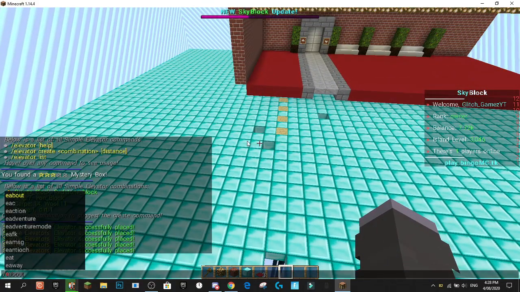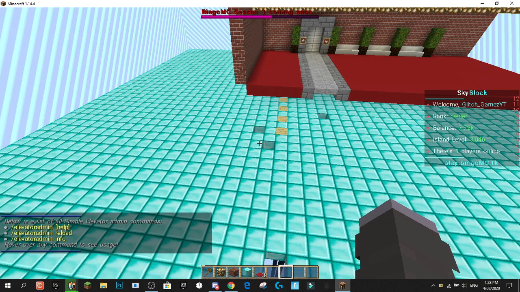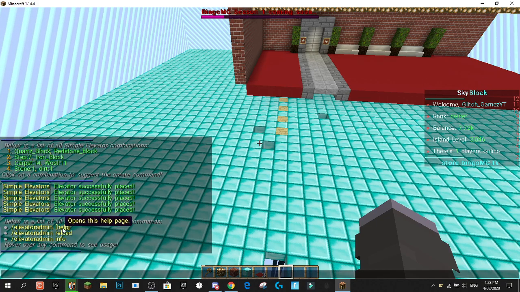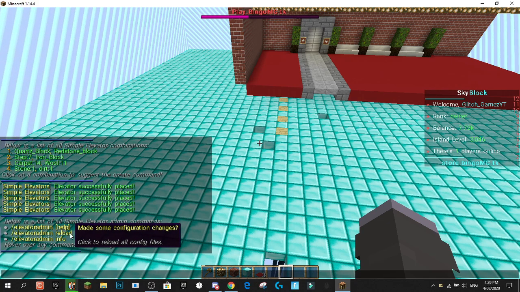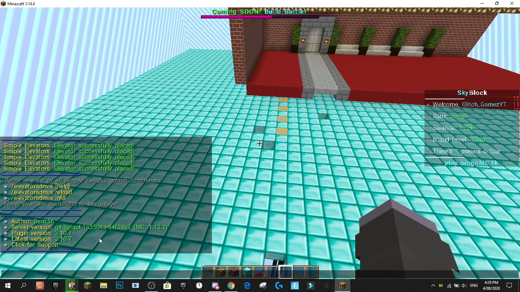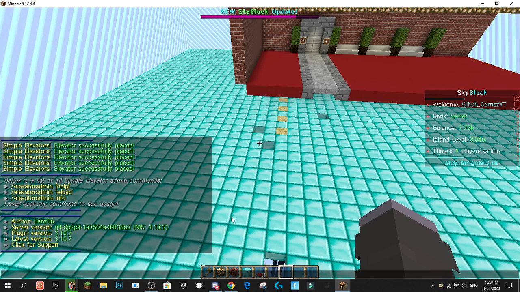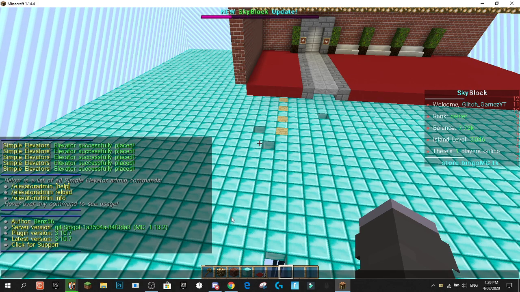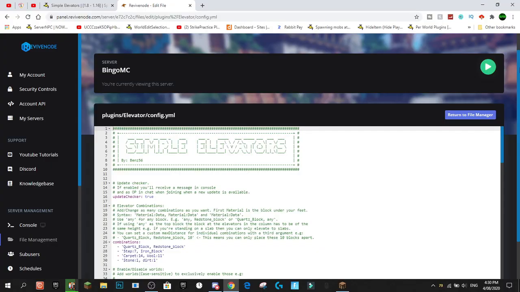We've also got the admin commands, which will be /elevator admin, and here you see the elevator help, admin help, which is this page. Elevator admin reload reloads your configuration pages, and elevator admin info just shows this info page about the plugin. So let's jump right into the config and show you guys how to set it up. Okay guys, jumping right into the config, here you can see we've got the Simple Elevators config,